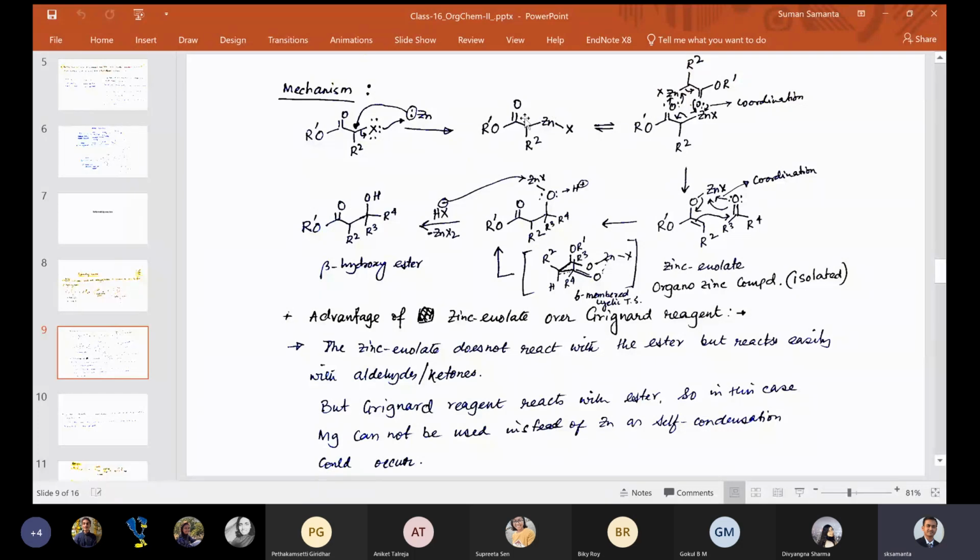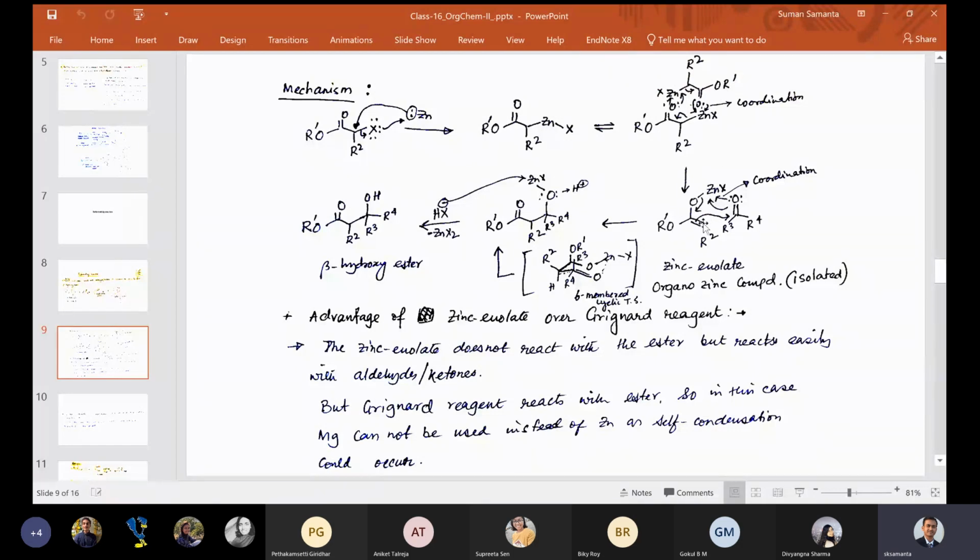Now this carbon becomes negatively charged. This organozinc can be in a tautomeric form, so it comes here, and oxygen would pick up this zinc. We can visualize that as a dimeric species, one compound here, another compound here, as an 8-membered intermolecular cyclic transition state, and this could convert into an enol. You can simply visualize it like this, one comes here, this one goes, so it enolizes, or you can visualize it through this dimeric transition state to form this enol.